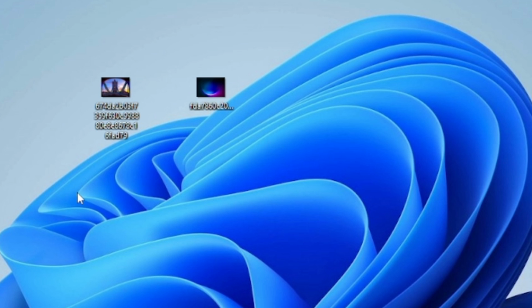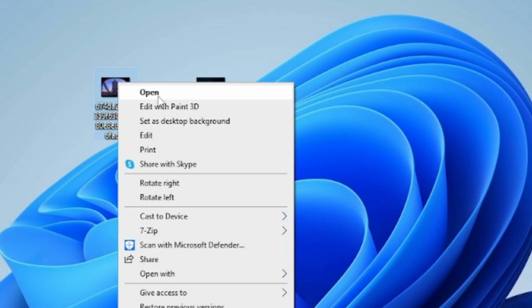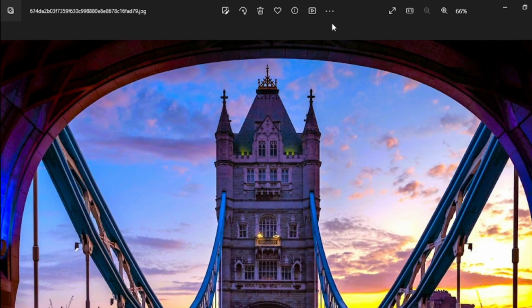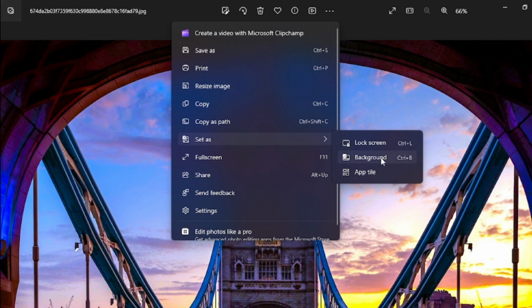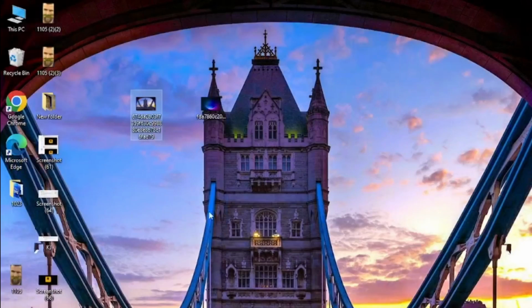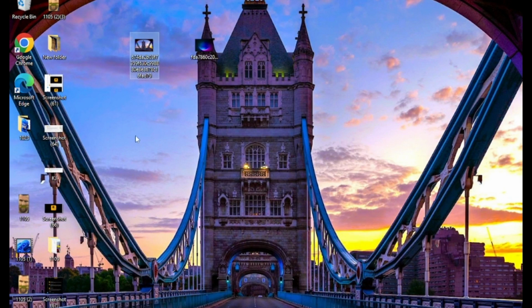So at first open that picture, then go to the see more option, then click set as, then click background, then your wallpaper will change.